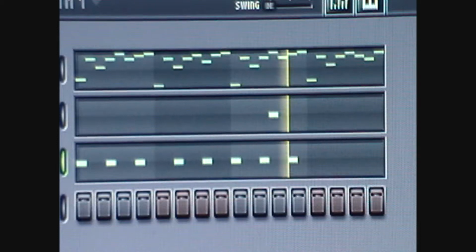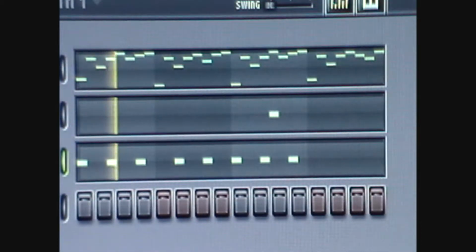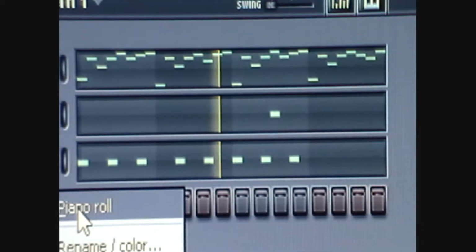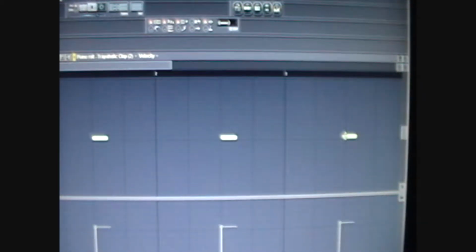Here we go. And piano roll. Alright, and